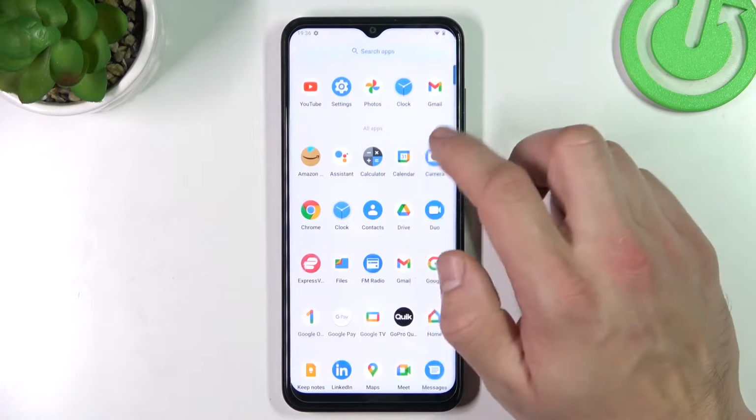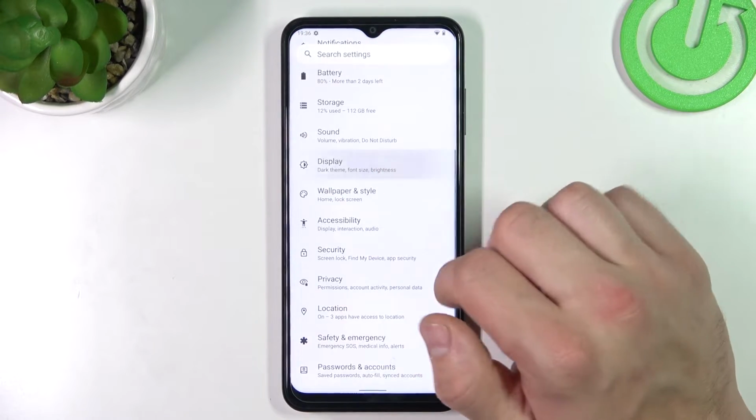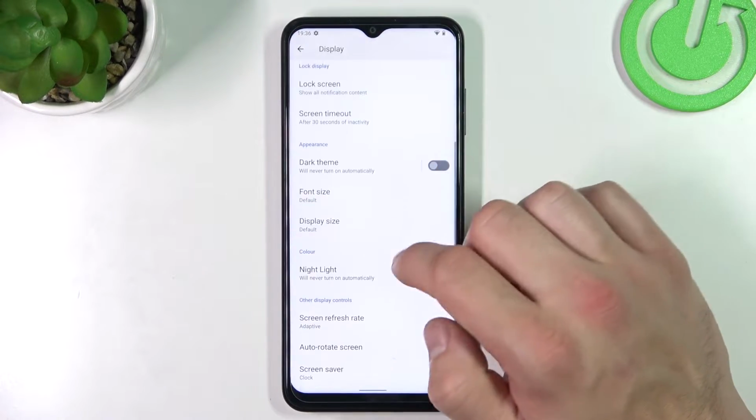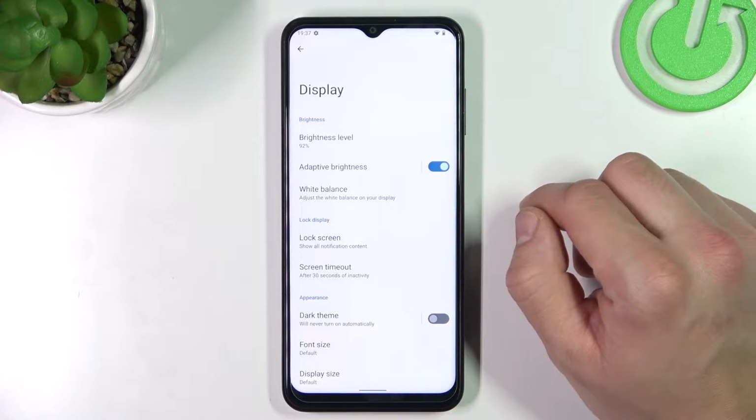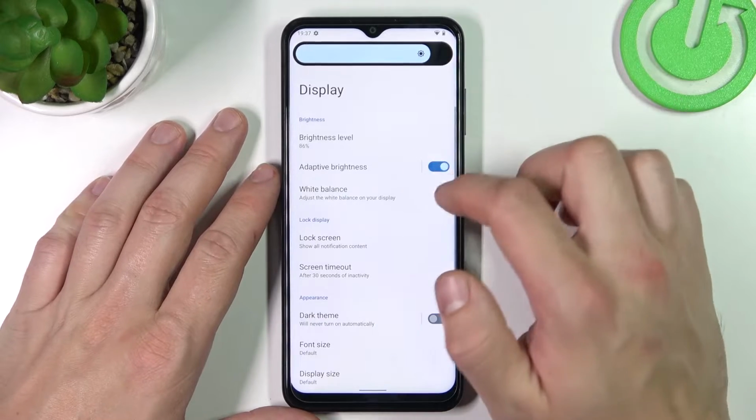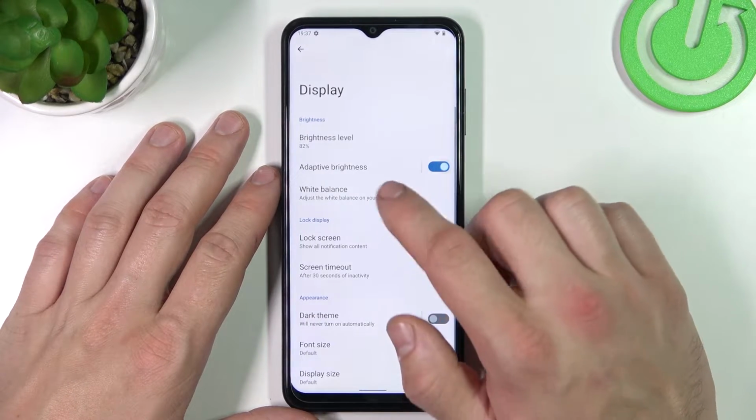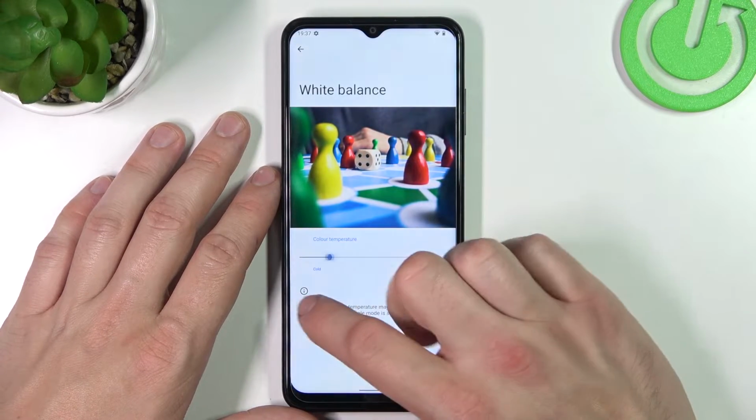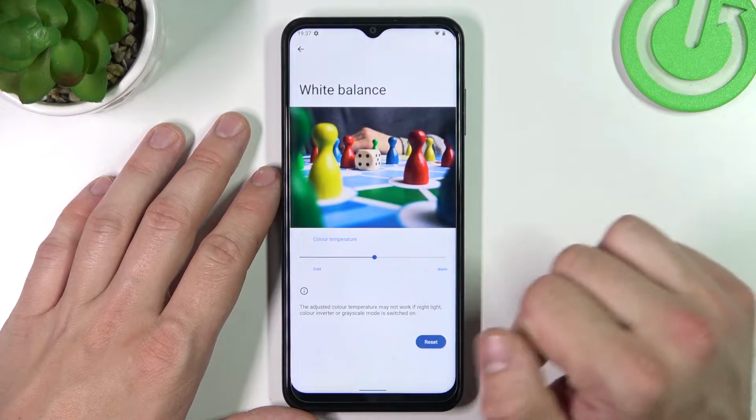In the beginning, let's go to settings, enter display, and right here you've got all settings for your display. Let's start with the top of the list, where you can change brightness level of the display, enable or disable adaptive brightness, adjust white balance between cold and warm,